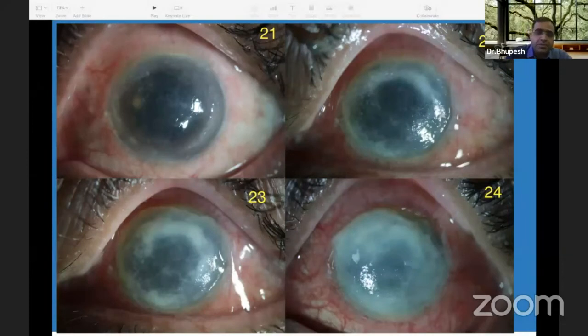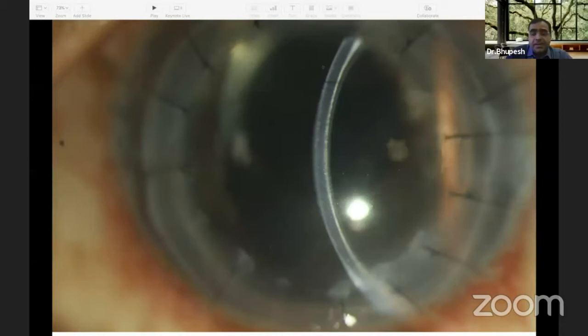So basically, it shows the importance of early diagnosis with the help of non-invasive techniques when you're not sure about the organism. Particularly this case of interface keratitis of a patient who underwent DSEK, and after 3 weeks of DSEK on routine examination, I observed a small opacity in the interface, basically a white fluffy interface opacity, which was not there before, making us suspect infection in an interface keratitis.